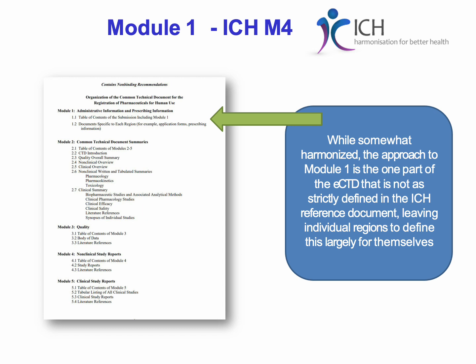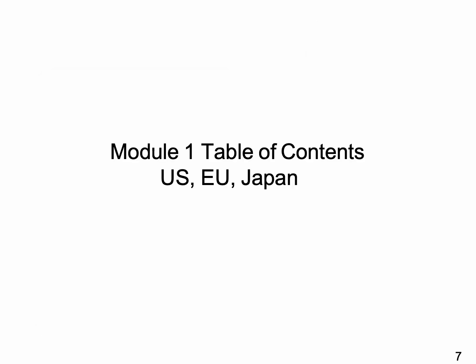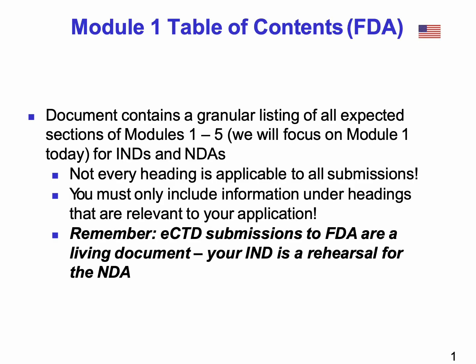So we have to prepare the Module 1 of the CTD based on the regulatory requirements of a specific country. Now let's go over Module 1 and Table of Contents. Of course, I'm going to look into selected points because there are so many documents, and of course we cannot go over that just in a short lecture or even a lecture of 1 or 2 hours. So we're going to look into the US, Europe, and Japan requirements for Module 1.